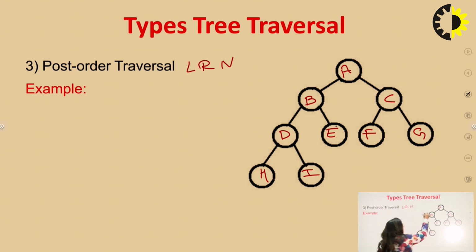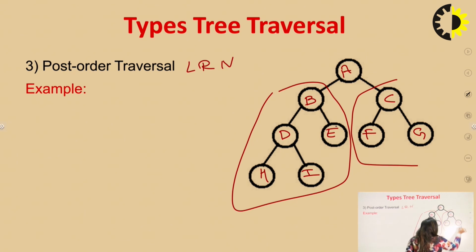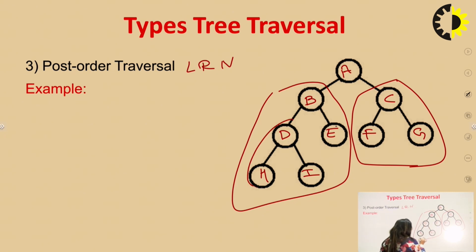So this is the left, as I told you before, and this is the right part. Got it? So according to this, again it is a binary tree. Again, this one is a left part and this one is a right part. Again we come to the next part. It is again a tree: it has a left part, a right part, and a node. So according to completing all left, it means this one.